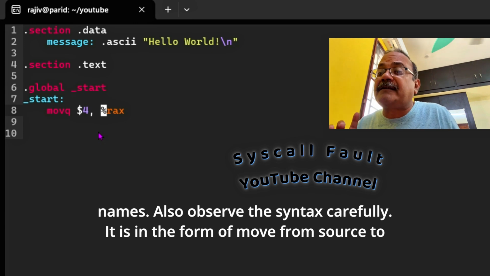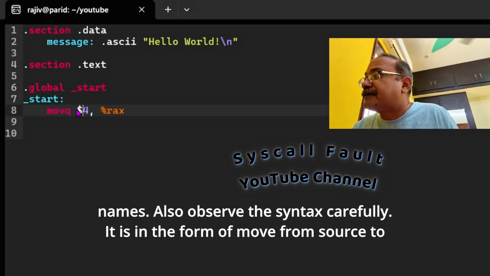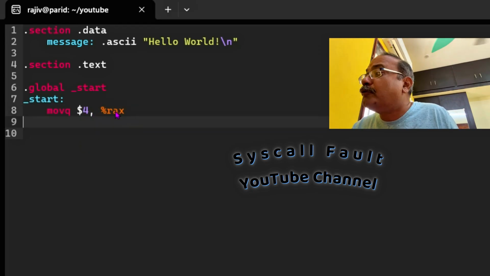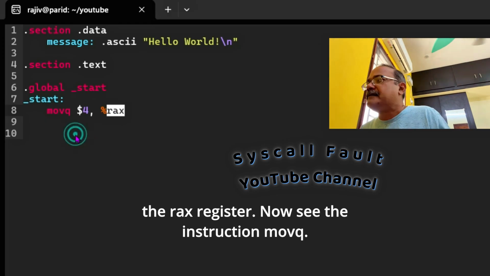Also observe the syntax carefully. It is in the form of move from source to destination. So here the value 4 is copied into the RAX register.